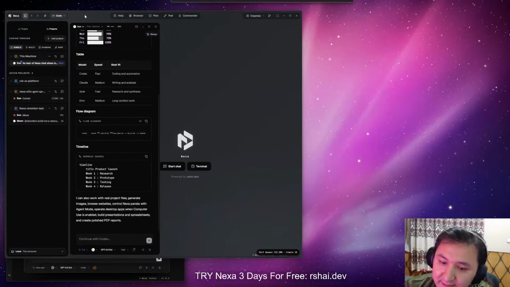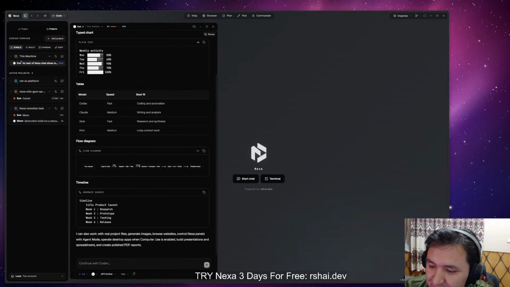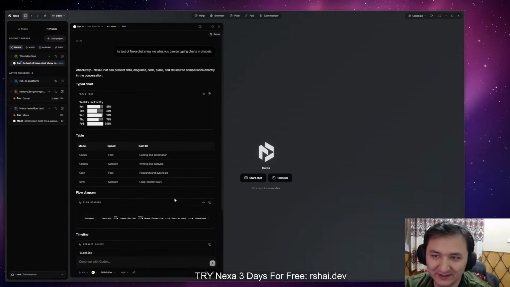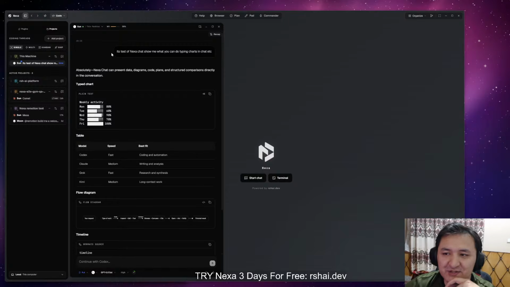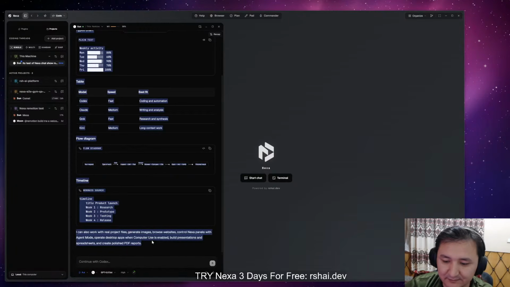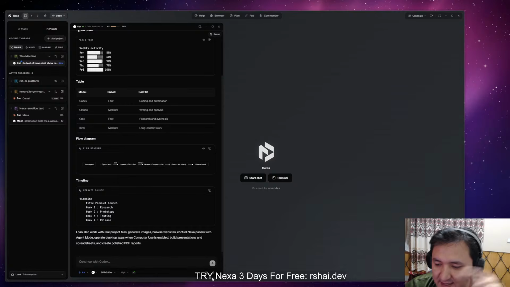It's hard for me to explain how much I improved Nexa in this version. Now you see yourself how much the chat got cleaner and improved. The UI got improved. The functionality got improved. Now, if I ask it,